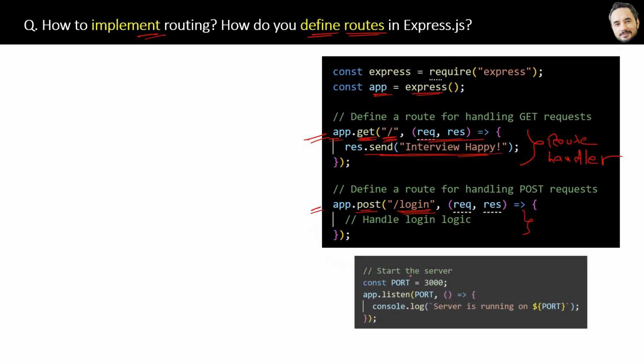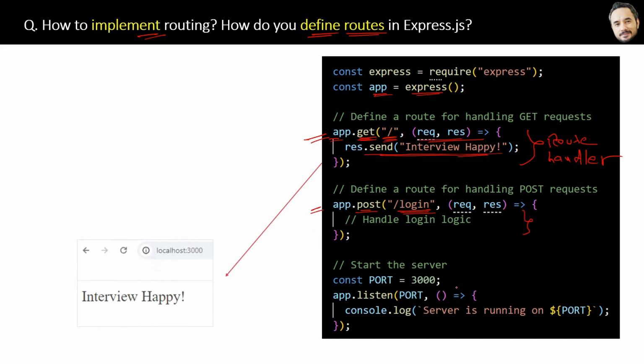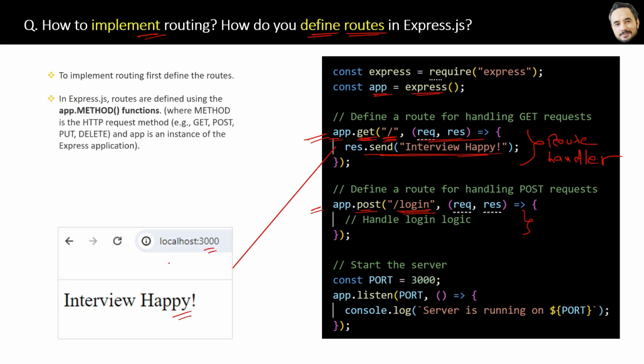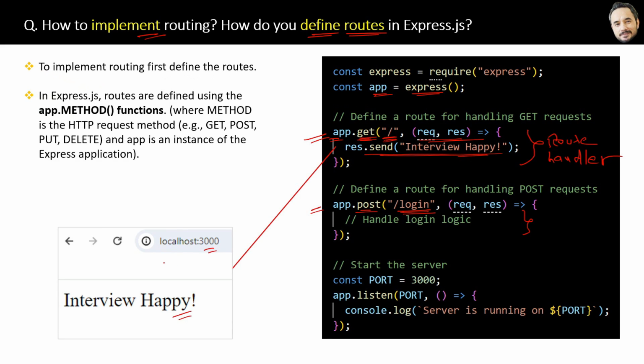Finally, we can start the server and open the browser. You can see here for the root URL, we are getting the get method request response. As I said, in a real application, we do not send the response like this. We will first redirect the request to the controller method, and then the response will come, which I will show in an upcoming question. But now you know how to define the routes, and here I have also written the same thing which I already explained. It can help you in last-minute revision just before the interviews.